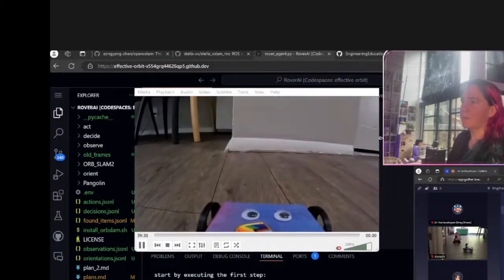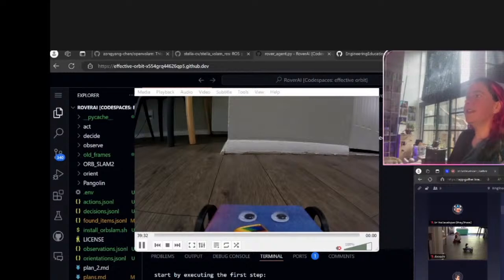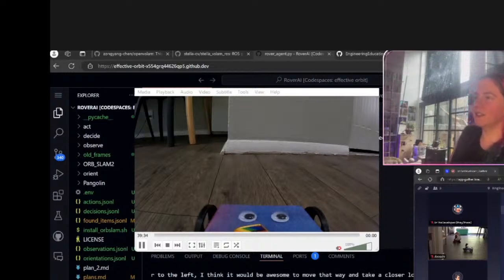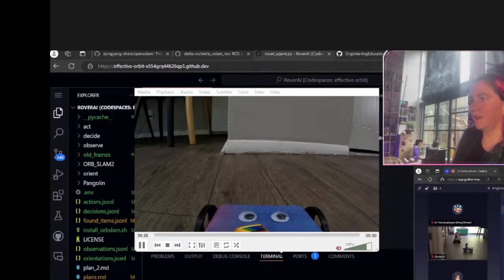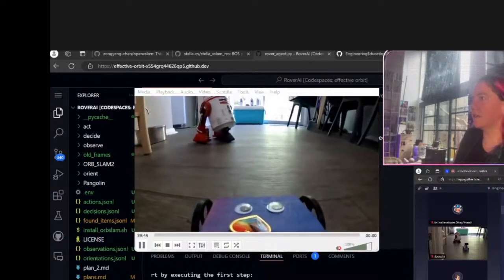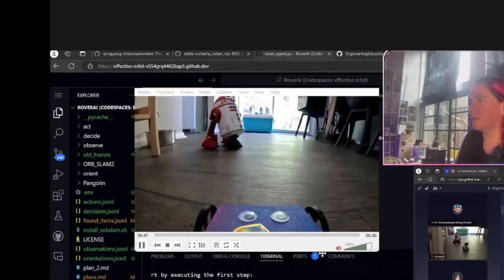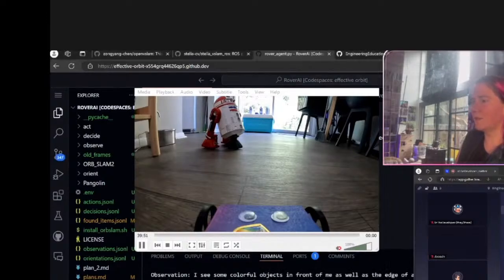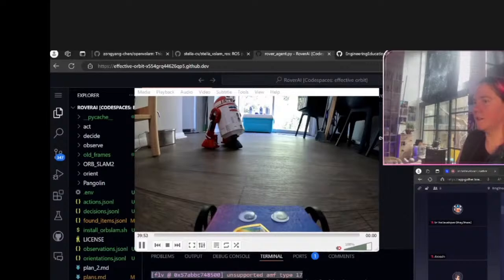Multi-guest, come on. So one thing is it does seem to be going in circles, right? It's talking about trying to avoid repetitive movements, but it's still doing some repetitive movements. There's a robot.